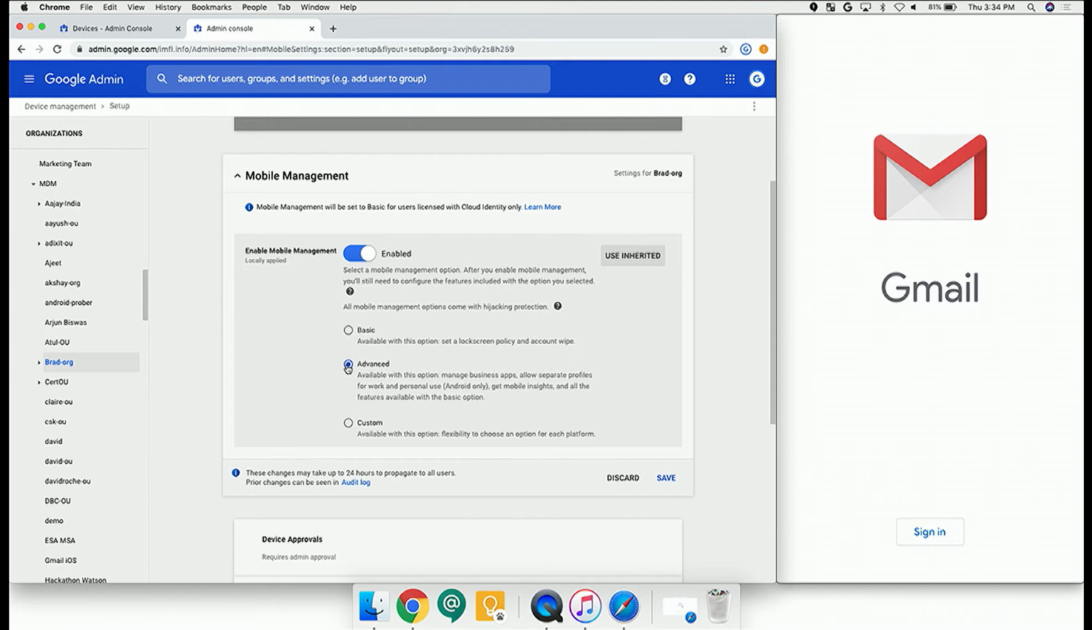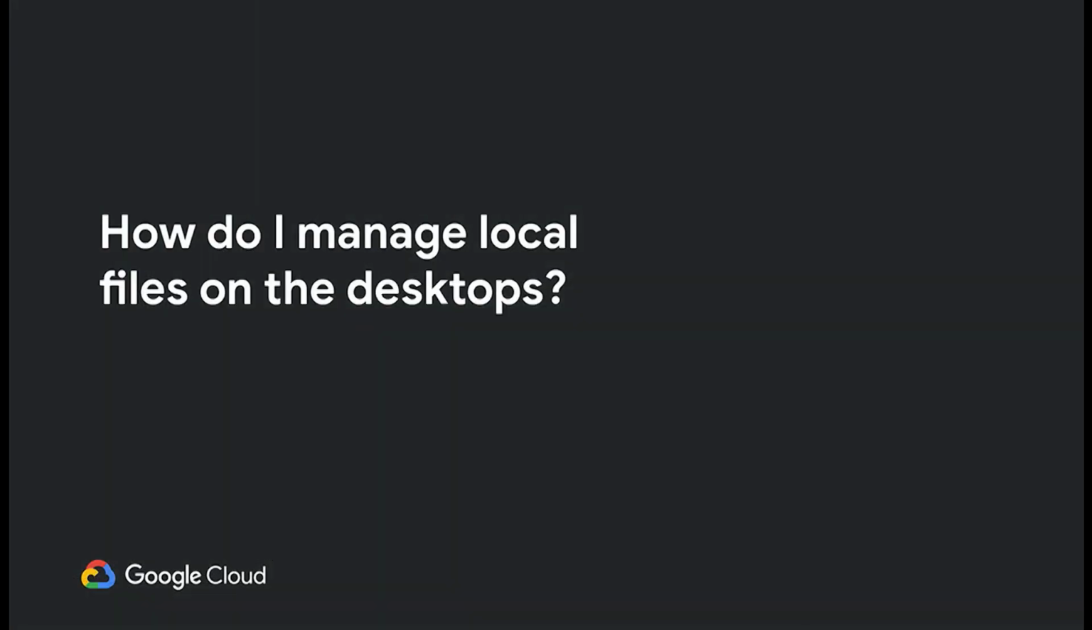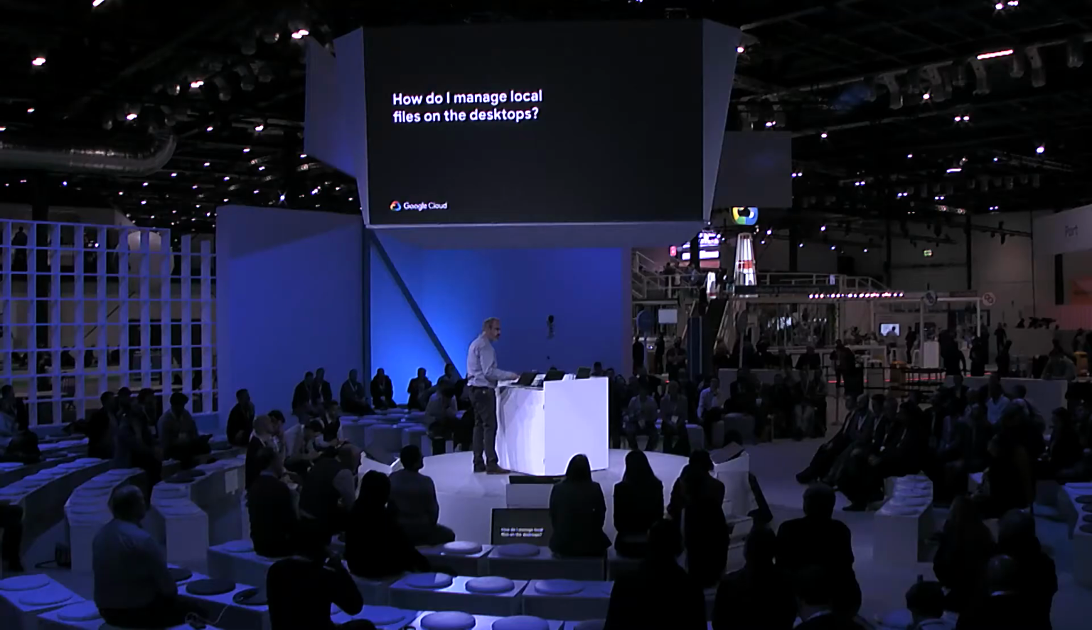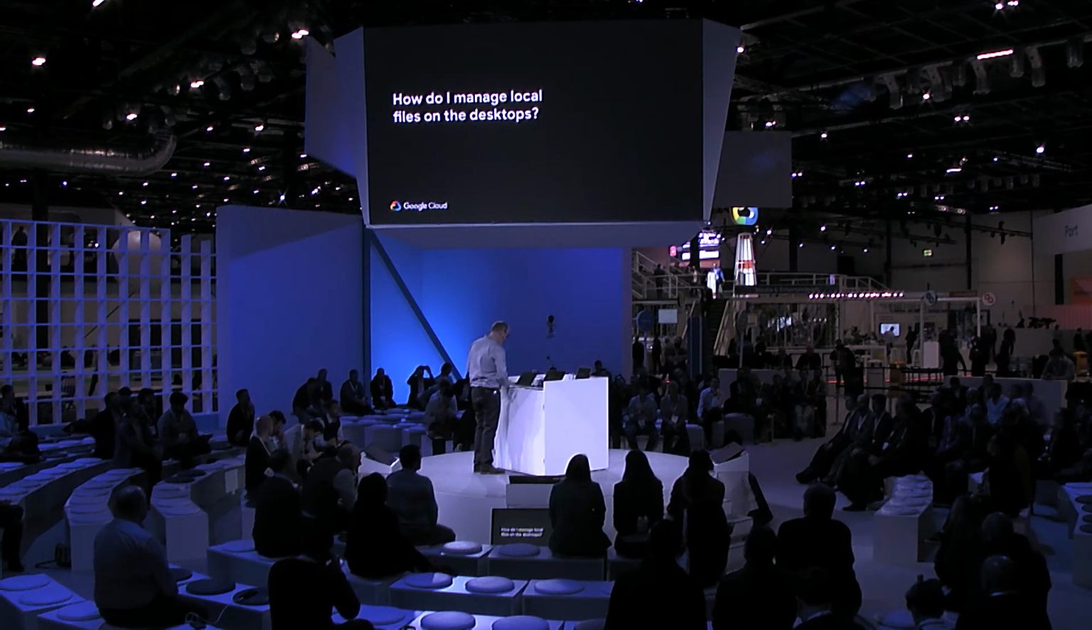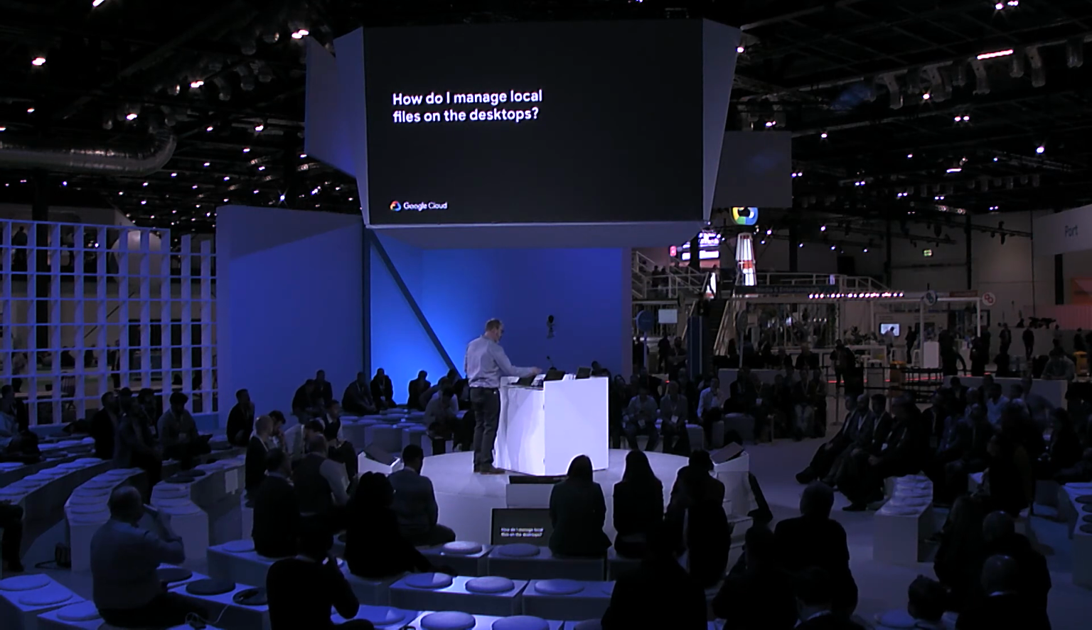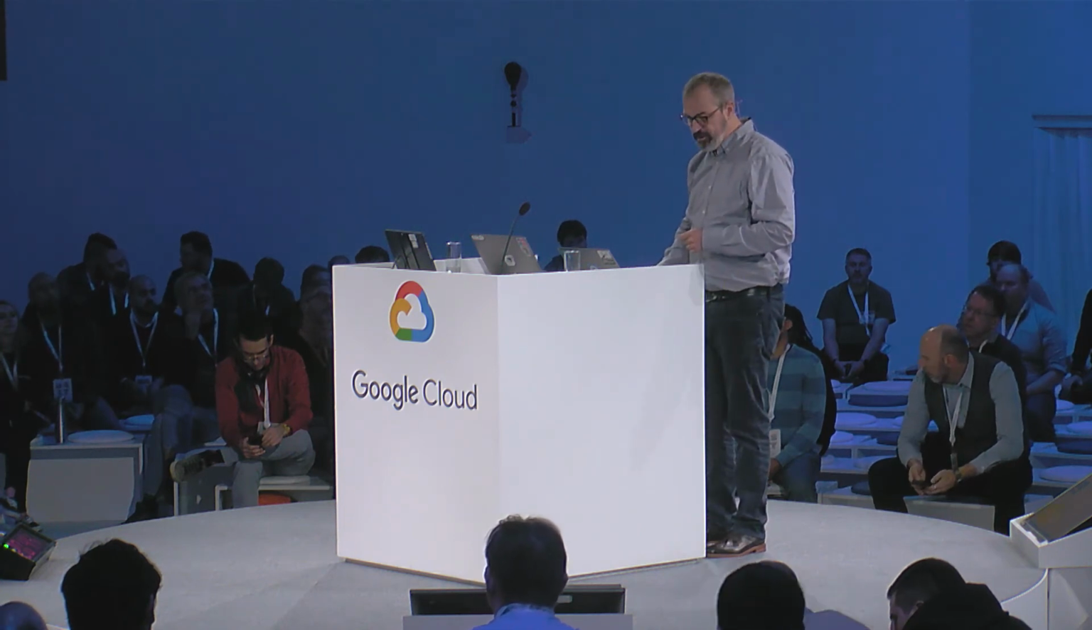Okay, let's flip to the slides. So let's talk about managing local files on the desktop. So we flip over here. We can go back to demo 2. So, on demo 2, we launched at Next in San Francisco in April, connectivity for